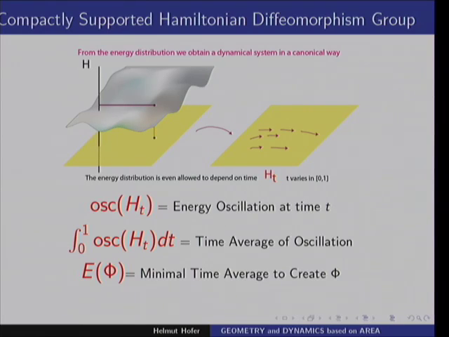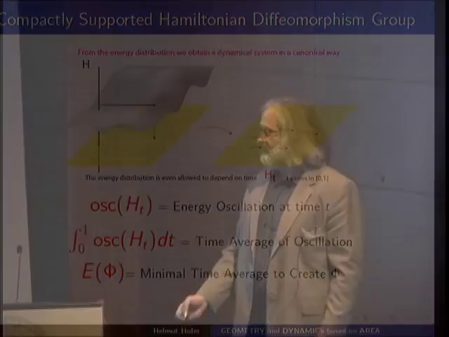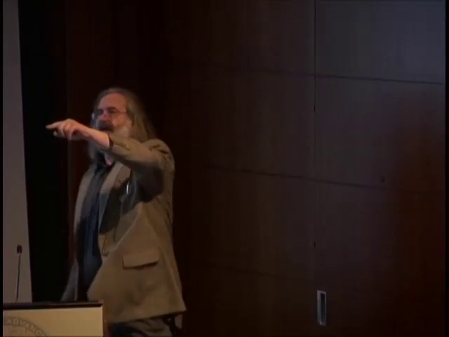So let's take an energy distribution here. Then what I said is, you can do some voodoo, produce these arrows, and then you can construct the flow lines, and you can construct your machine. So now, what is interesting? First of all, how can you measure energy? Well, let's only look at energy distributions which far outside have zero energy. Then I can look at the highest energy I see and the lowest energy I see and take the difference. That's called the oscillation. The difference between the maximum and the minimum.